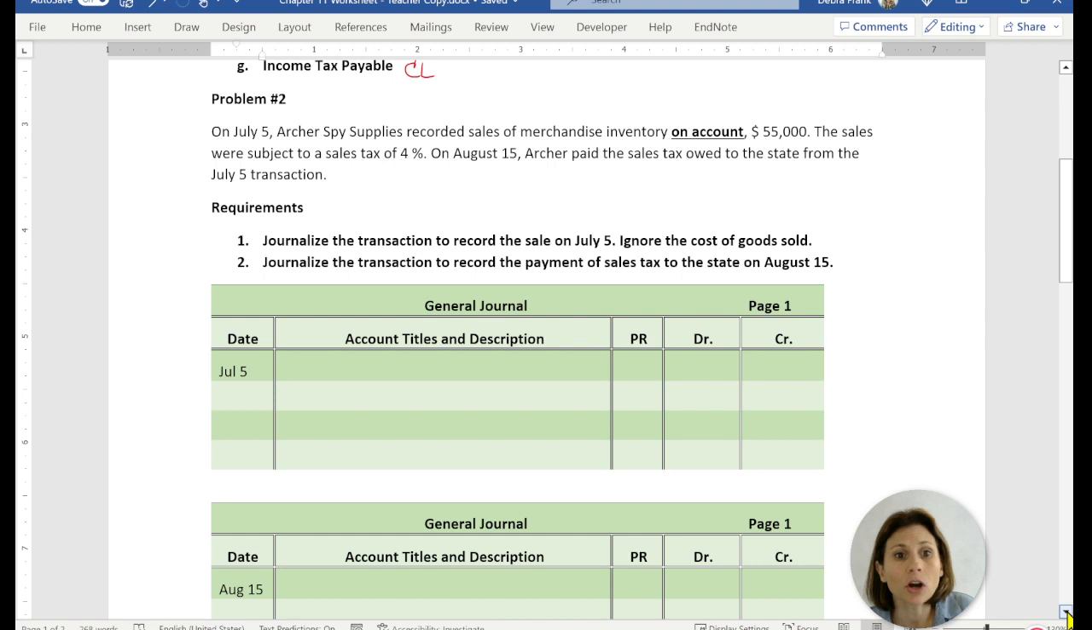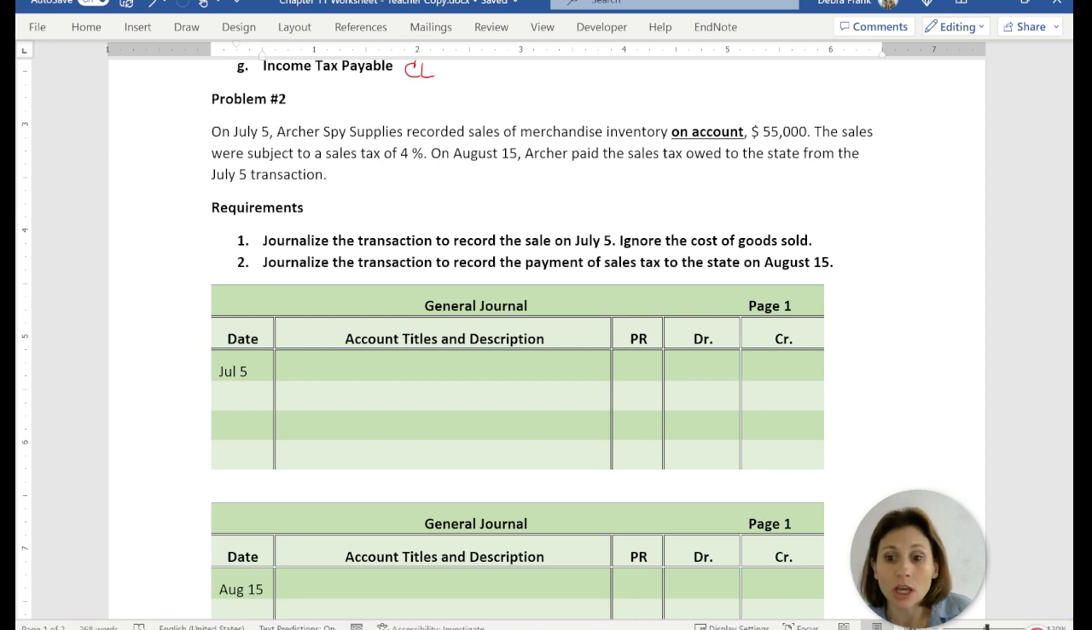So let's scroll up here for problem 2. We can see here on July 5th, Archer Spy Supplies recorded sales of merchandise inventory on account of 55,000, and the sales were subject to a sales tax of 4%. So Archer Spy Supplies is going to collect from the customer not only the 55,000 that they owe, but also the sales tax of 4%. Archer Spy Supplies are just the middleman. The customer is who really owes the sales tax, but Archer Spy Supplies is going to collect that sales tax